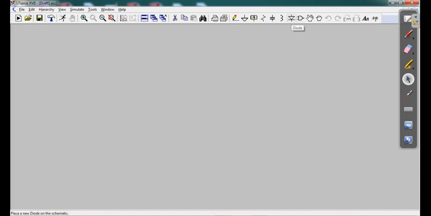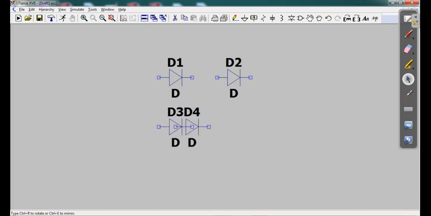We require 4 diodes, so just click on it and rotate it. To rotate the diode orientation, press Ctrl plus R. Now you need 4 diodes, so click 4 times, 1 2 3 4, then press Escape.